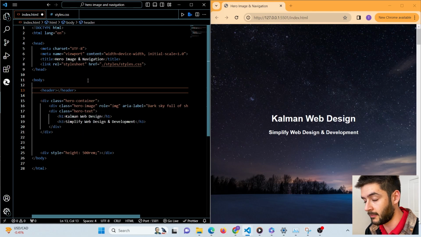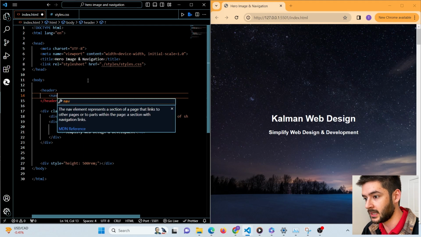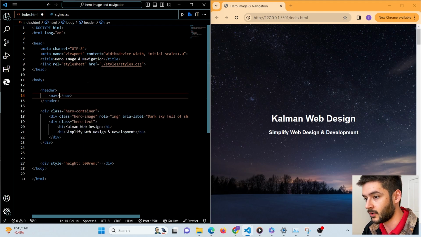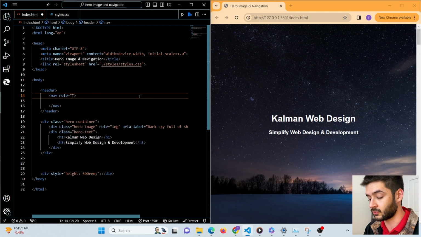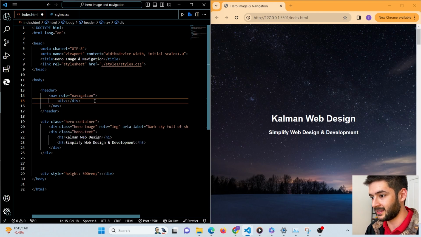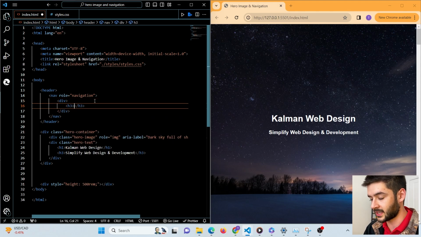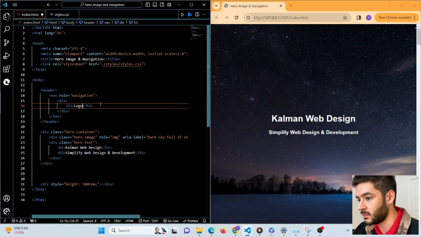Responsive and dynamic navigation bar by starting off with our header element and then including a nav element within that. We want to set the role of our nav bar here to navigation for screen readers. Then what we want to do is set up a div here, and then we want to set up an h3 inside of that, and here is where you want to put your logo if you have one,